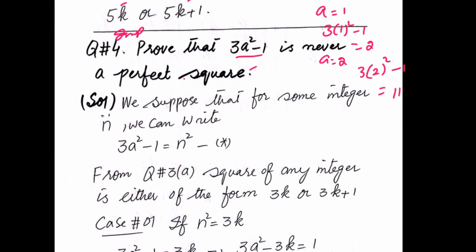So for any integer a, 3a^2 minus 1 is never a perfect square. We will prove this question on the contrary. Suppose there is an integer n such that 3a^2 minus 1 is a perfect square and it is equal to n^2. From question number 3a, the square of any integer is either of the form 3k or 3k plus 1. So case number 1,